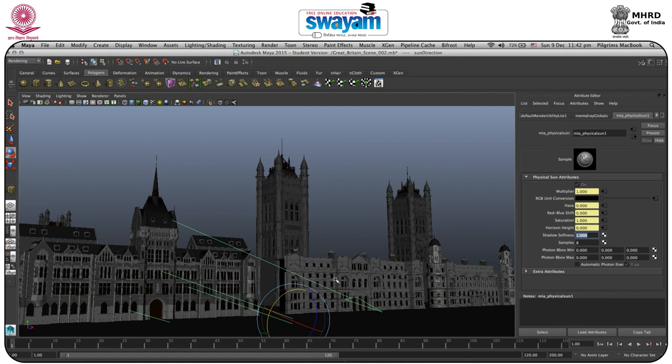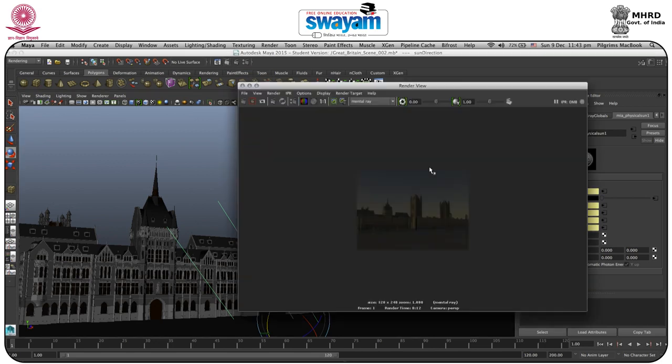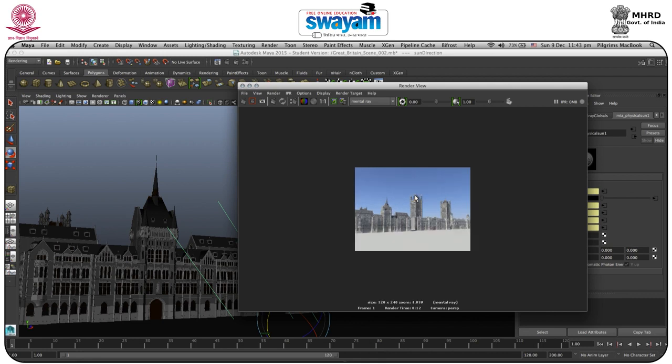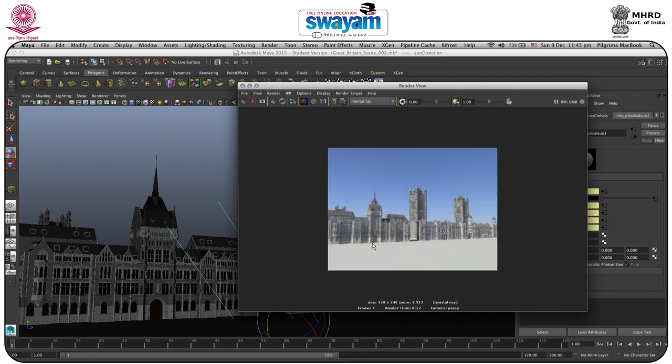If you need a little softer shadow, you just have to increase it. One more thing: if your light is just like this and I render the scene, let's see what you get. As you can see, it's getting quite harder, and the intensity is also high.